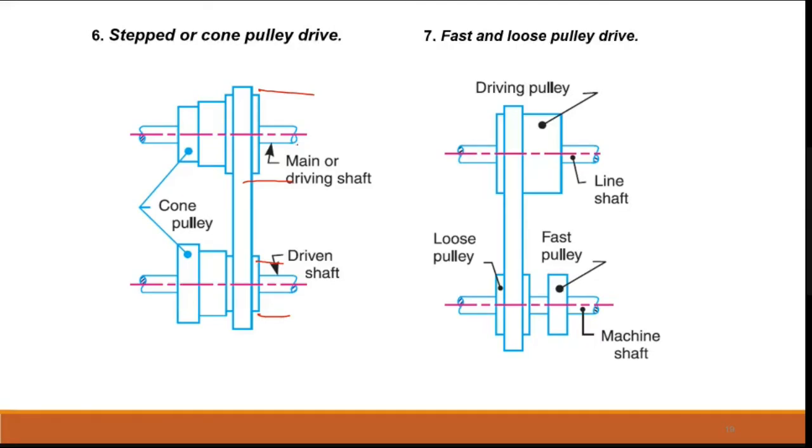Similarly, flat and loose pulleys, to connect accordingly to the machine shaft. When you say loose pulley, it means that your machine is not rotating, but your driving is rotating. So your motor is continuously rotating. But if you want an emergency stop and you apply it, it will connect to a loose pulley so that automatically it will stop. There is no machine rotating. Only when you connect it to the fast pulley, it will be rotating, right? Something like that.